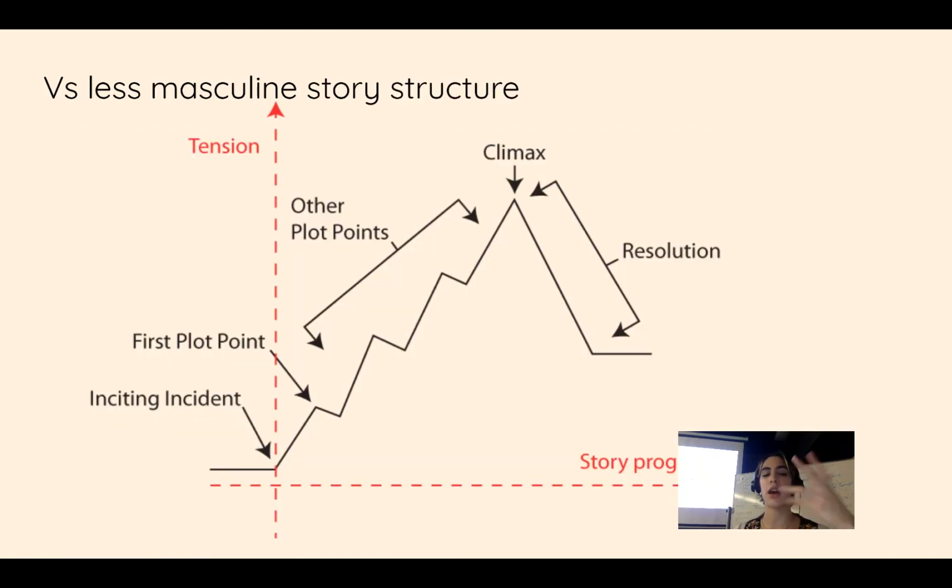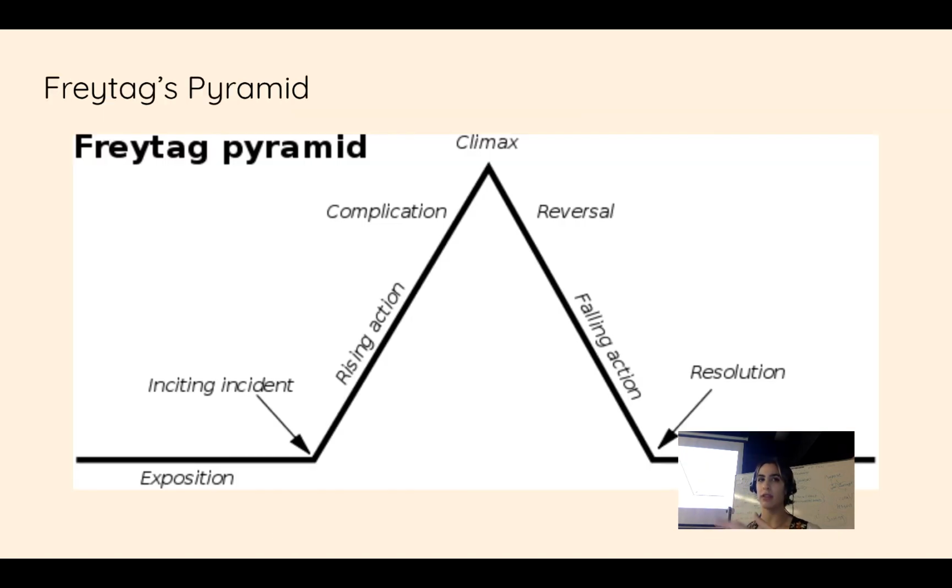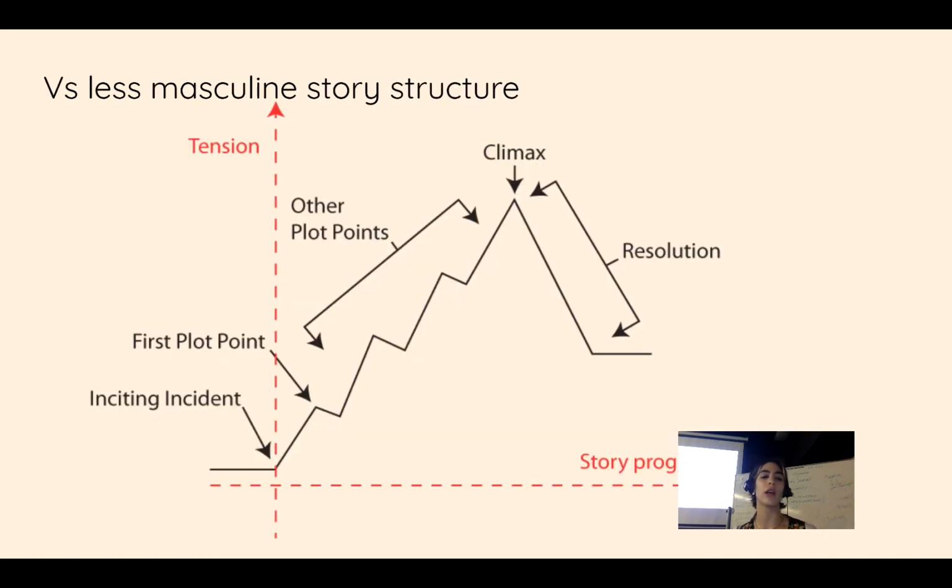So some critiques of Freytag's pyramid in 2020 would be that there's this kind of excessively, not that this is always bad, but a very masculine energy to it. So you have this very strong, dominant kind of thrust to the story, and then you have a resolution, and then it falls. And there's lots of other ways to do this. Convention kind of takes up a lot of space and has even informed all of us in this room probably a little bit to what makes an exciting, easygoing, fun story.